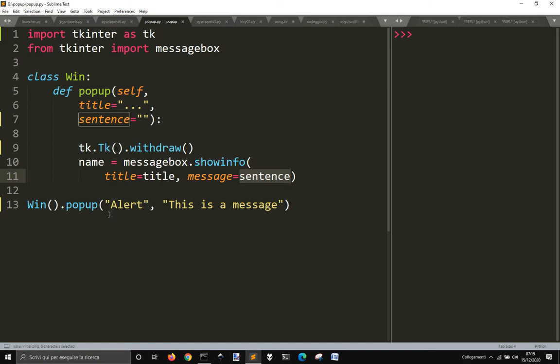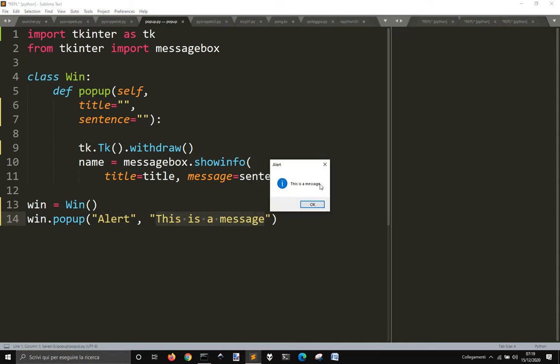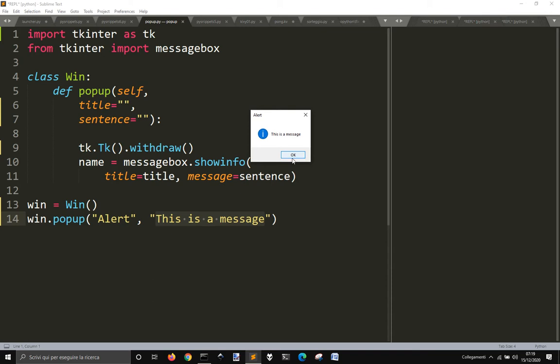And so to call it, we call this class win and then the method pop up, or maybe you could also do win equal win and then win dot pop up and put the title and the message. That's it. This is a message, as you can see, and that's all. To make a little pop-up message